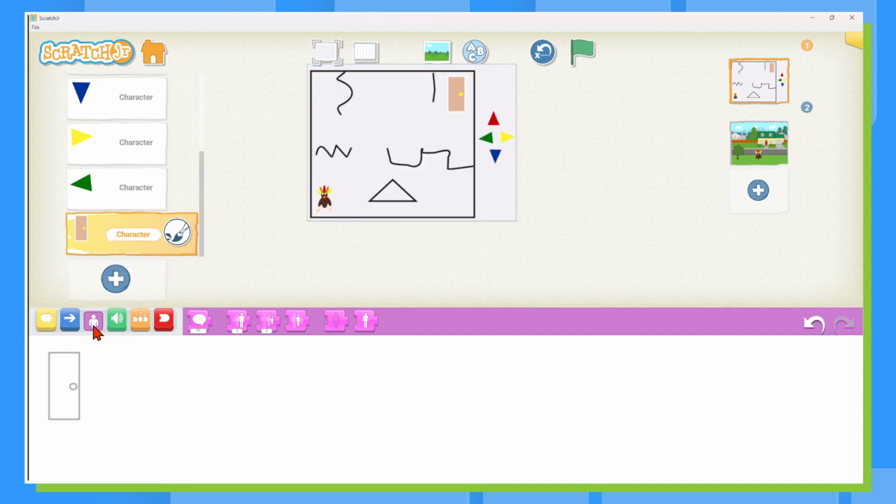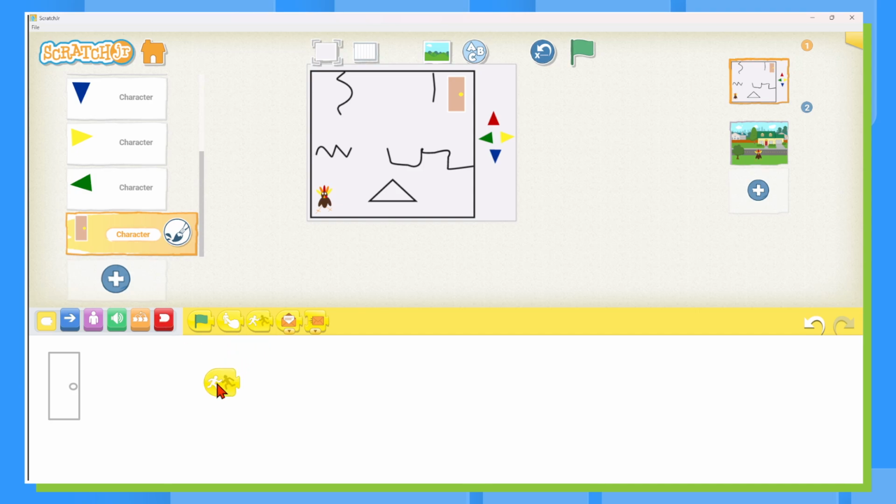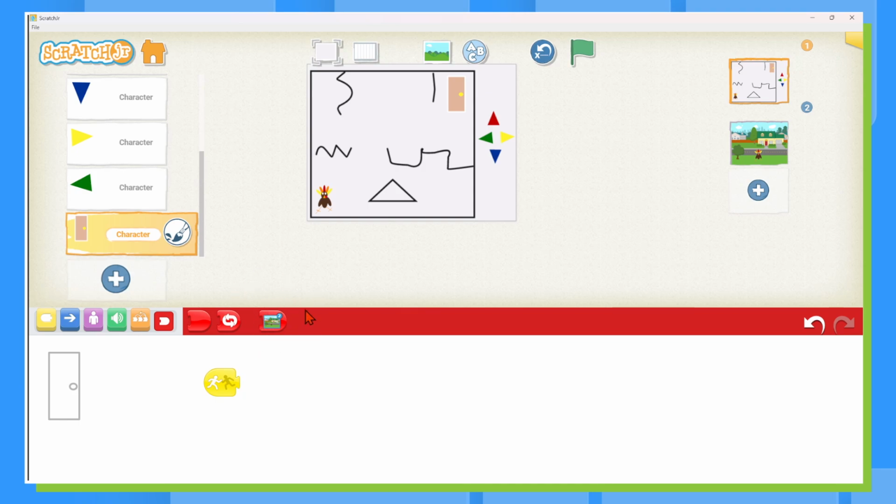When the door is touched, so in other words, when the turkey bumps into the door, I want to go to my red section. Notice how I have a new block here. That's why I added my scene first, because otherwise this block would not be here. So I want to go to scene 2 when the door is bumped,